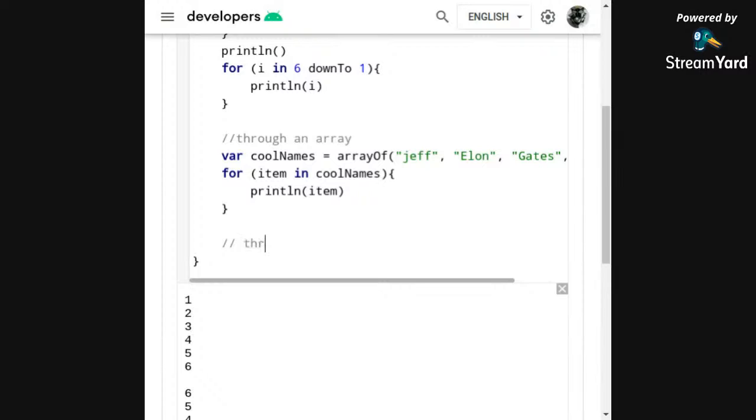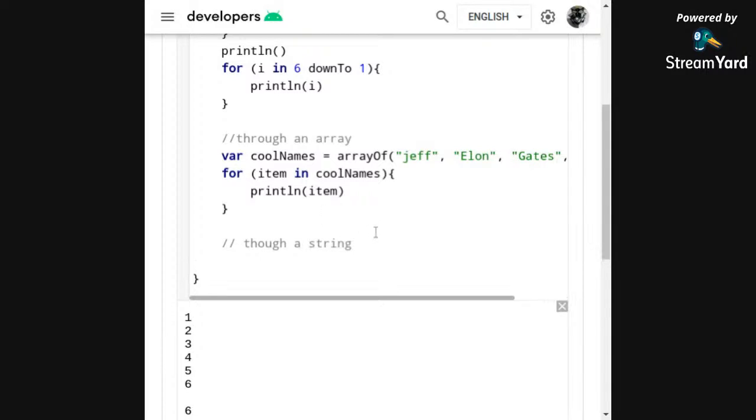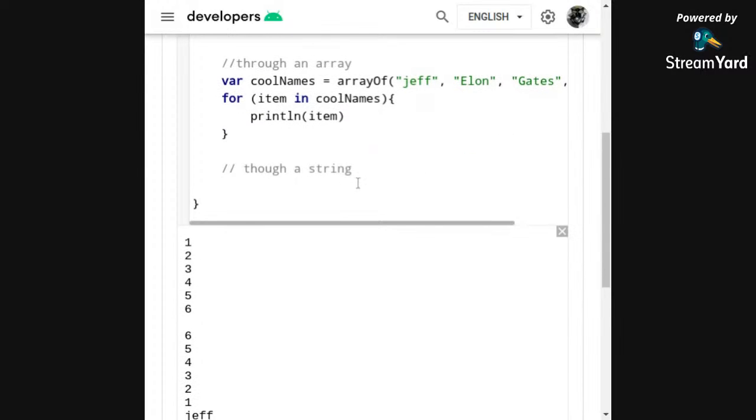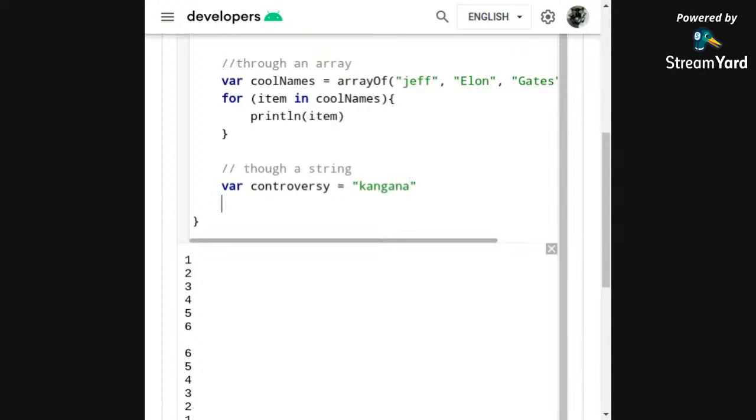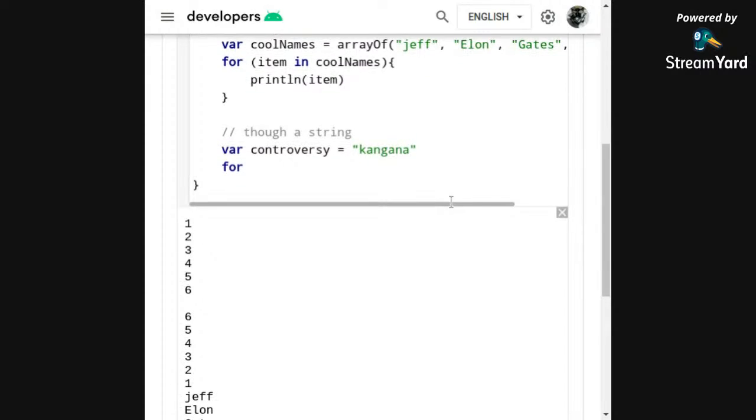This is the last one for looping through a string. So let's declare a variable. Any guesses, any name of the variable? Okay, let's name a variable controversy. Okay, so we have to iterate over this variable and print each letter. So starting from for letter in controversy